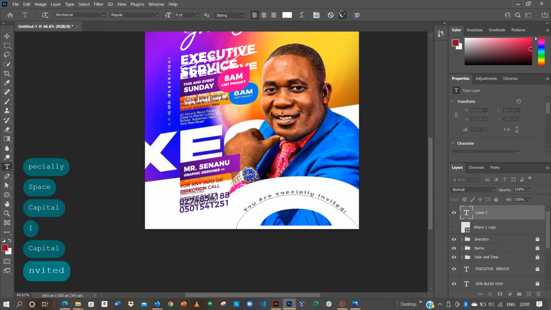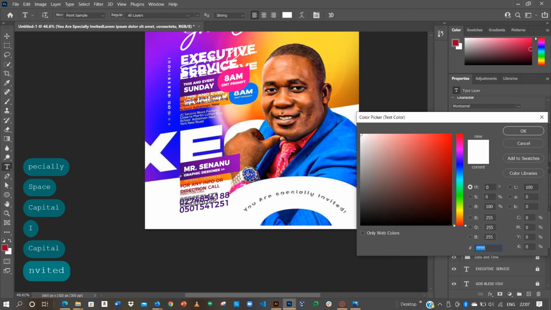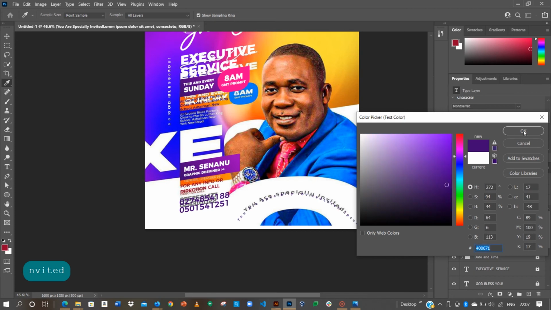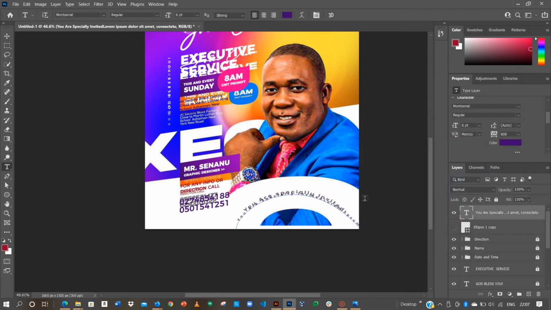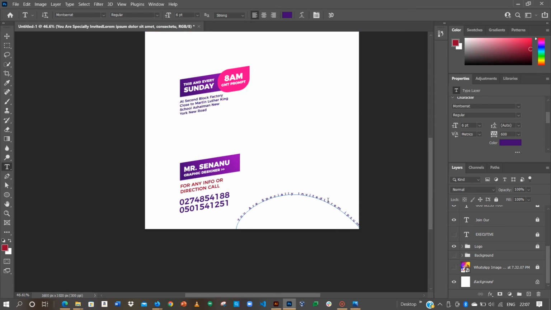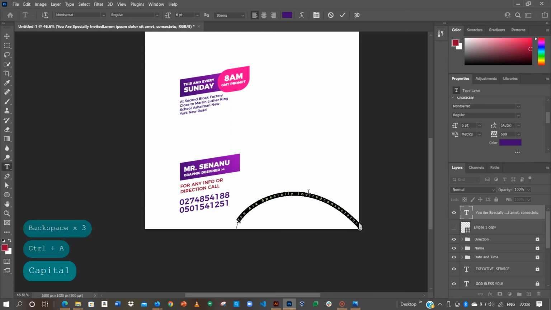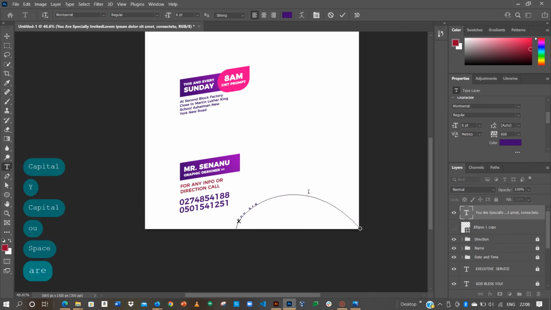So now what we are going to do is to change the color. Select this. Let's deactivate the image that we are using as our copy and see what it looks like. So we delete all of these things. Let me just delete everything and type everything fresh. You are specially